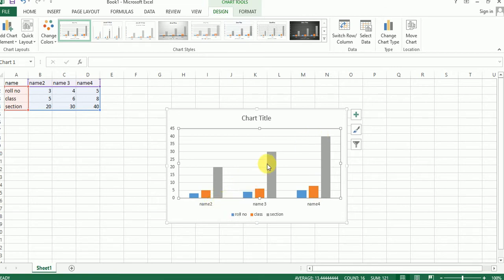Okay, so creating a chart. We also use charts in MS Excel. Choose the desired chart type from the drop-down menu, and the selected chart will be inserted into the worksheet. Okay, and chart layout and style.